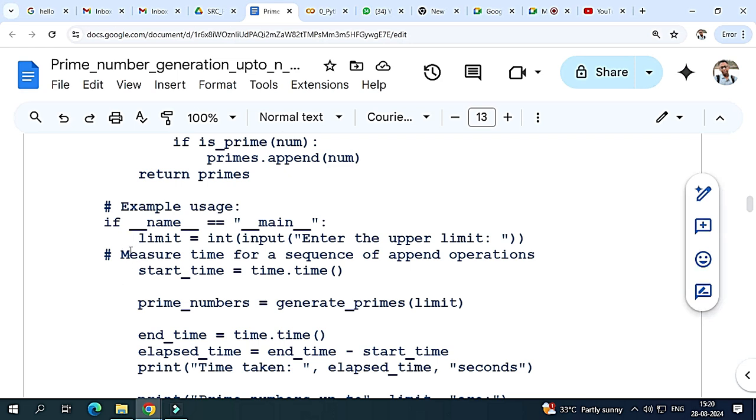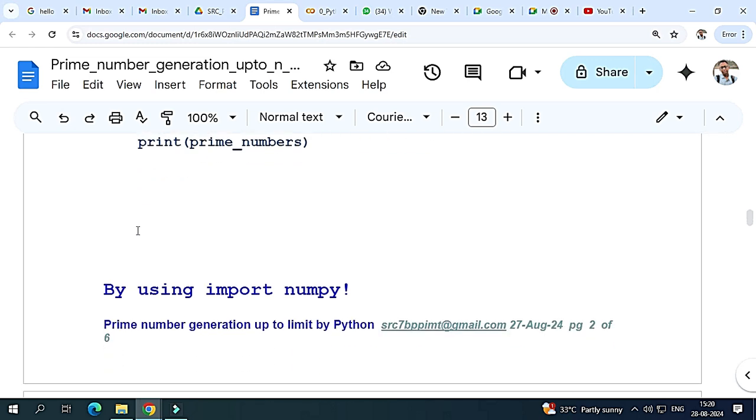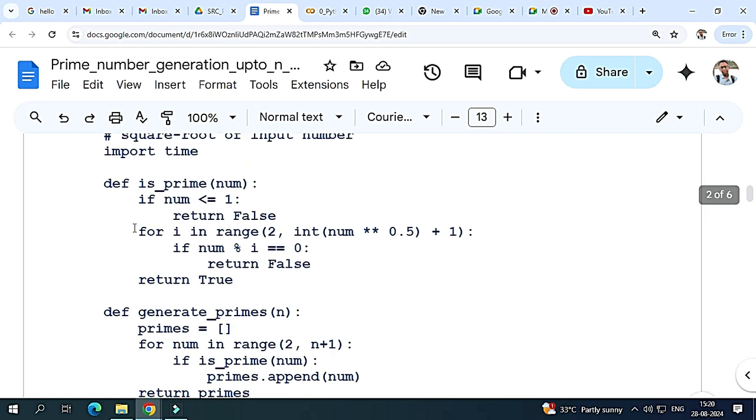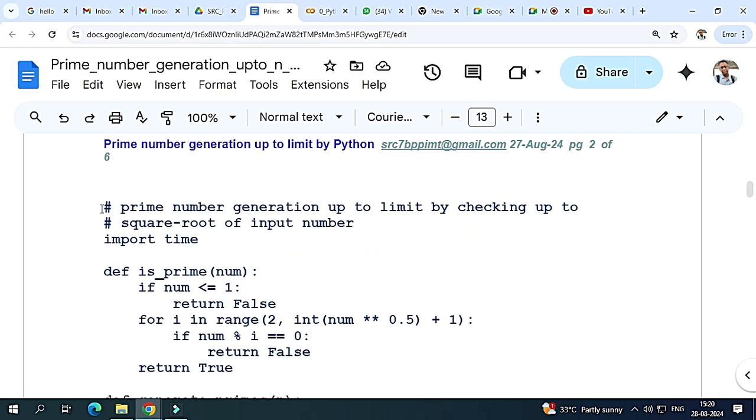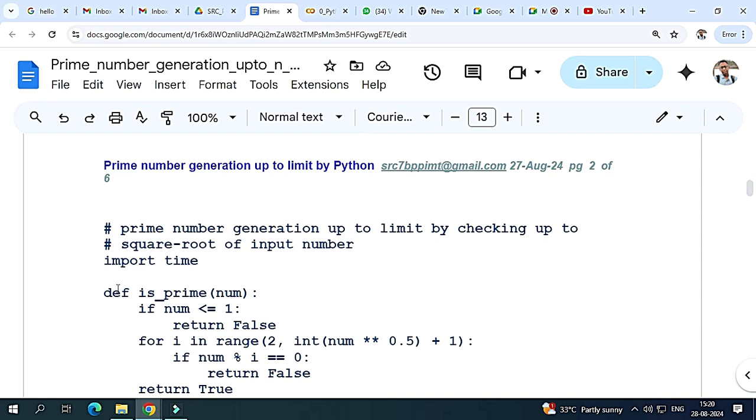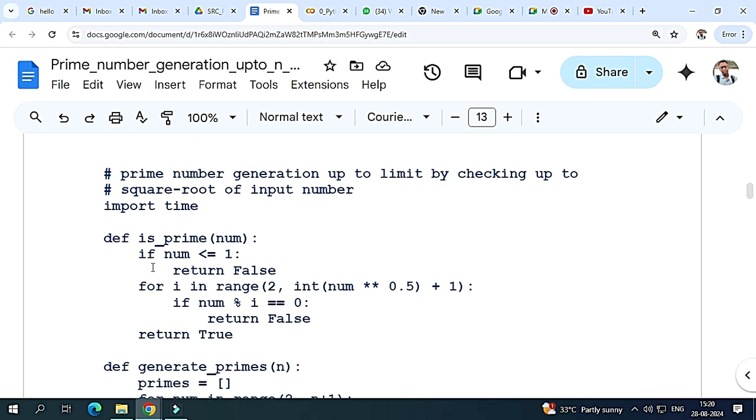So I maintain it in any other group. See here, I have a prime number generation. This is import time. Another is I am defining a subroutine, defining a function, and then after if, 4 blanks, and the body of if after 4 blanks. So after if, 1, 2, 3, 4.